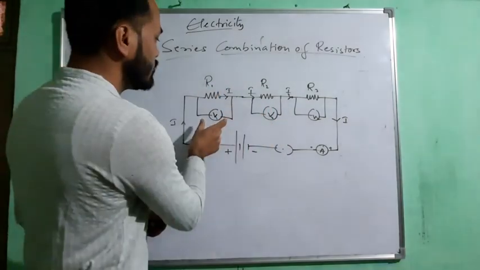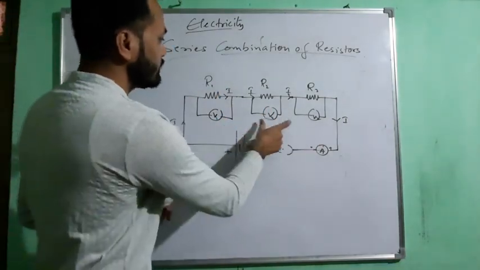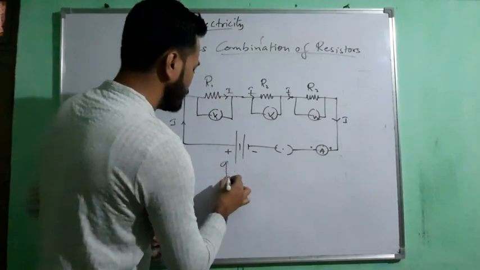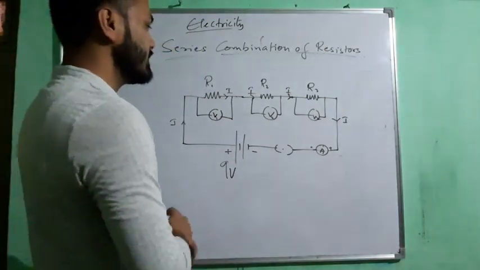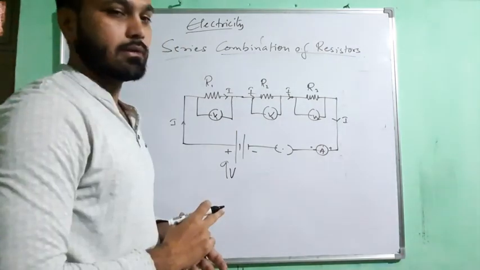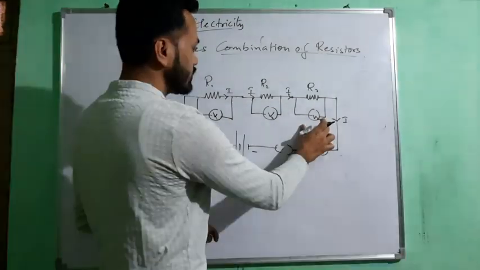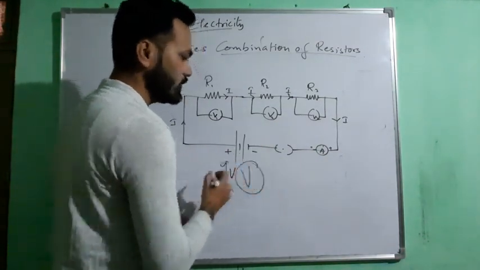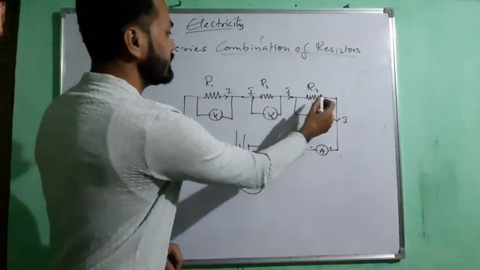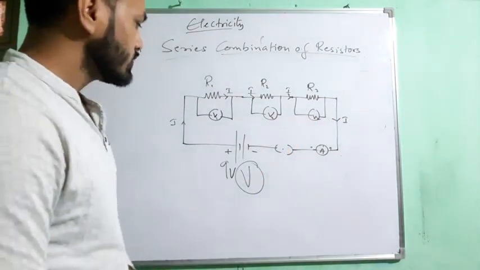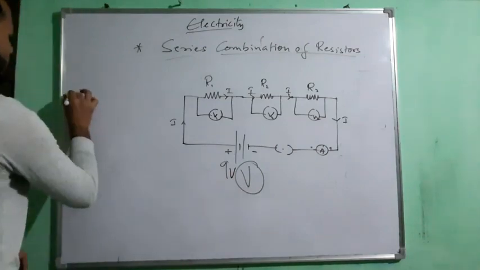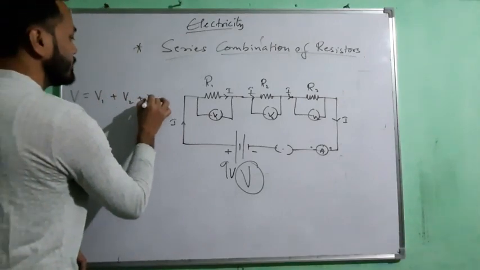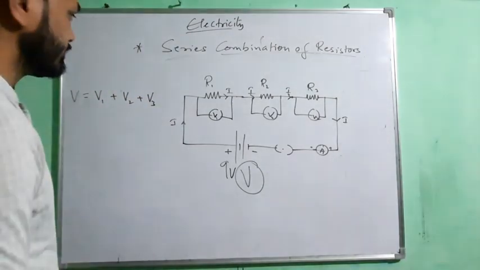This can be tested using voltmeters. You connect the voltmeters and they will show different readings. Let us say the supplied voltage is 9 volt. All together it will be 9 volt, remember. V1 plus V2 plus V3 together, their sum will be equal to the supplied voltage, whereas the same current flows through each resistor. So how do I write it? The supplied voltage V is equal to V1 plus V2 plus V3. Remember this.